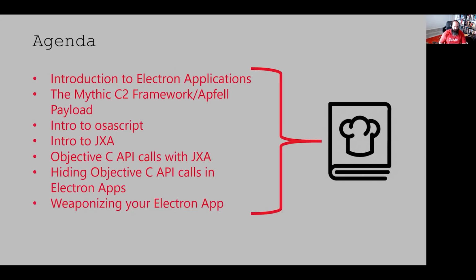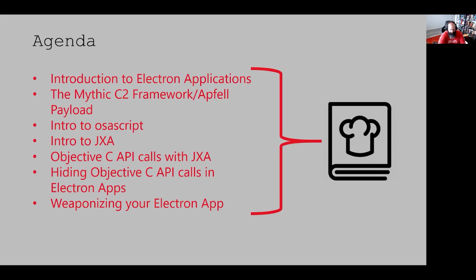For the agenda, I want to start with some introductory topics for people who aren't familiar with all of the stuff I'm going to talk about here. They'll need this introduction to get to where I'm going with this talk. Some of you might already be familiar with Electron apps, the Mythic C2 framework, the AFL payload, osascript, and JXA, but I want to go through these topics before I get into the meat and potatoes of this, and that's making Objective-C API calls